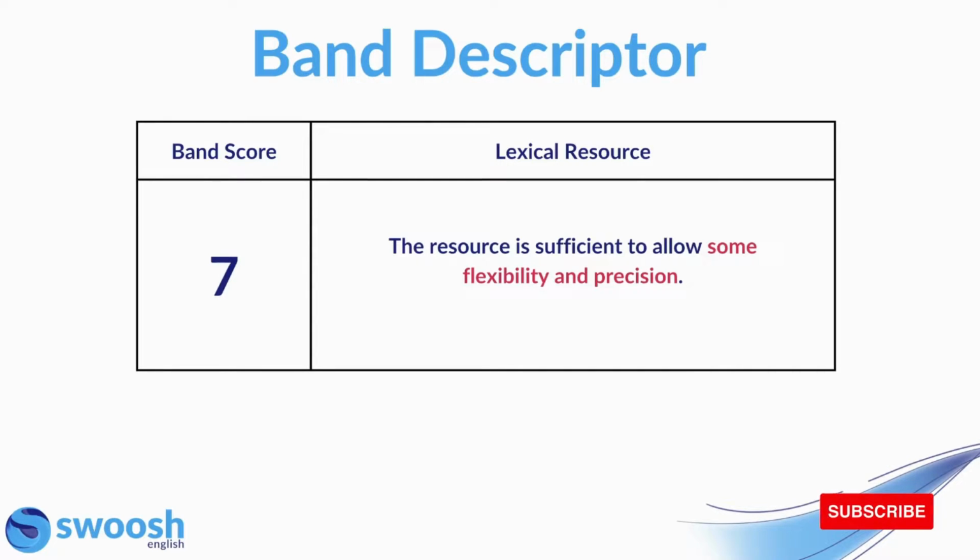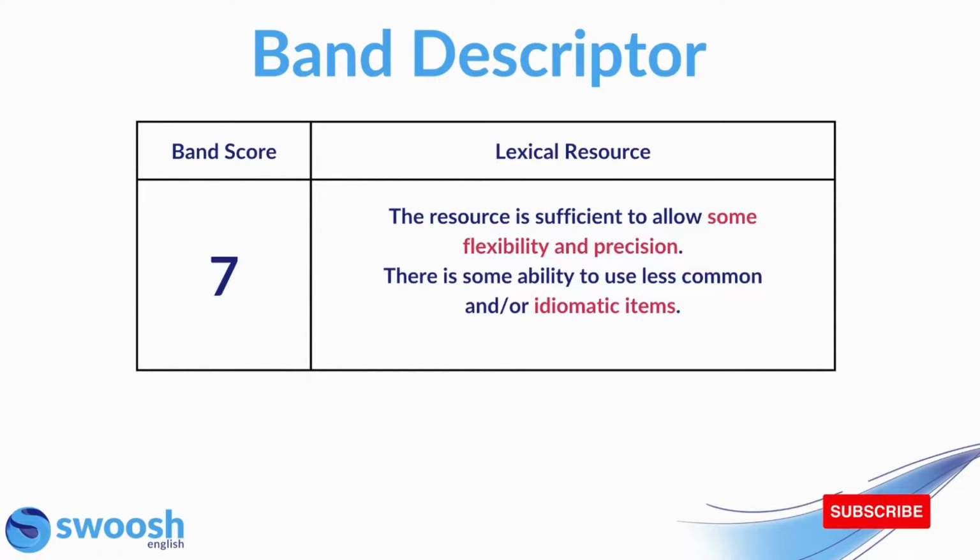Firstly, we have the resources sufficient to allow some flexibility and precision. So generally the range of vocabulary that you're using is used flexibly and precisely. There is some ability to use less common and/or idiomatic items. Remember, you are not expected to fill every sentence with an idiom. This, of course, will not get you a high score, but if you're able to throw in 1 or 2,